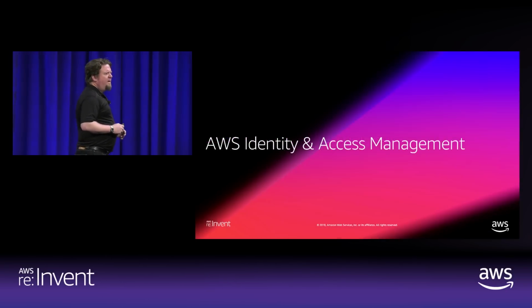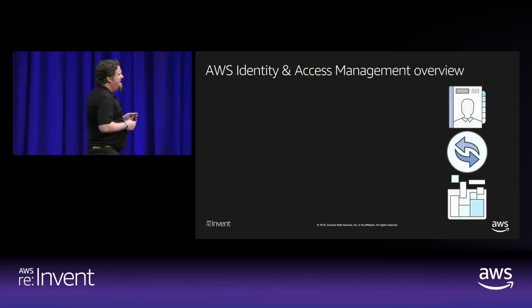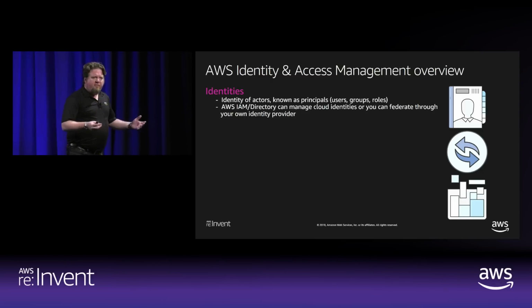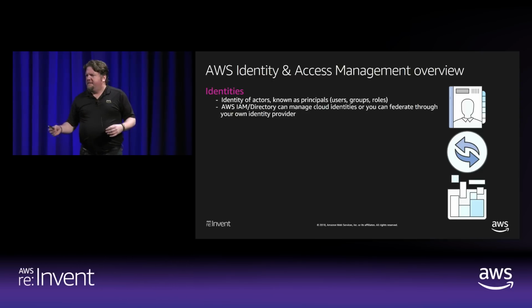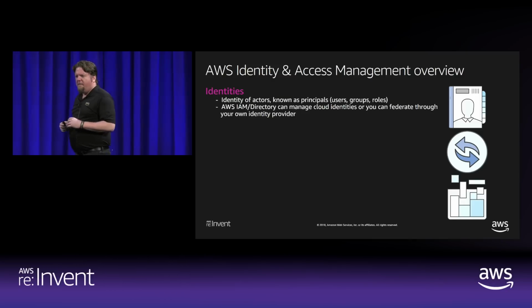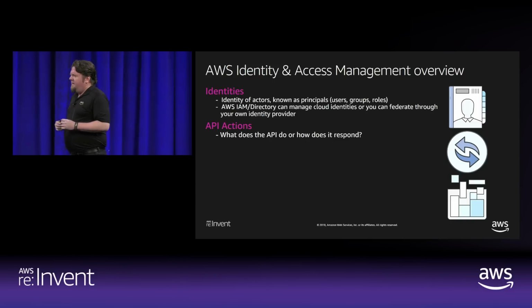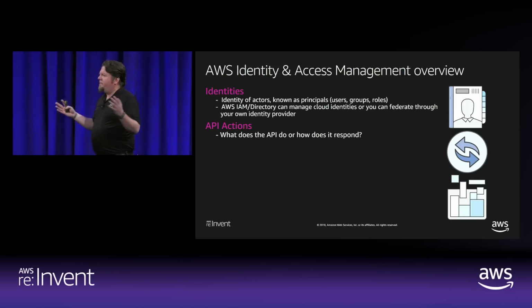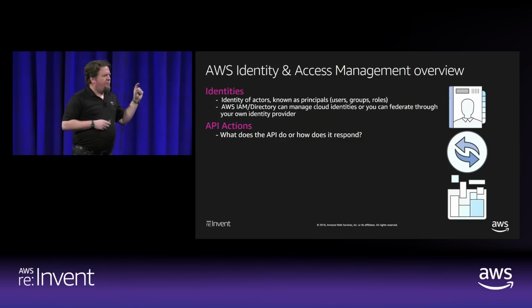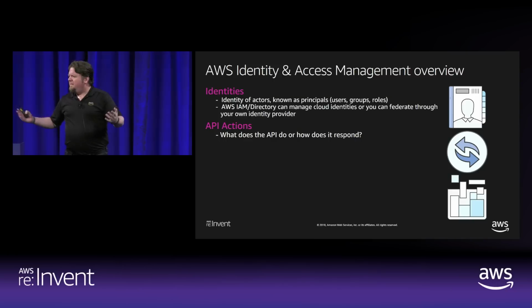PARC. Who is the identity? Where did it come from? Was the identity provider maybe on-prem, your Active Directory? You federate into the platform. Maybe you're building a workload with Cognito. Cognito is your identity provider. The actions, all of our services have very defined, detailed, granular, specific permissions that you can do.